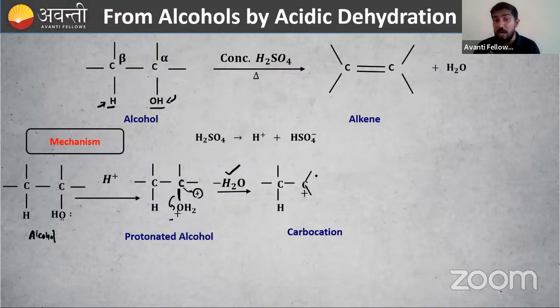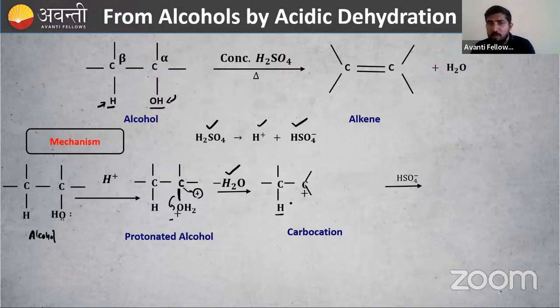We know the stability of carbocation. Already we have studied. Then what are the things remaining? There is a carbon with positive charge. Then this carbon has a hydrogen present here. So what we have to do with this hydrogen? So let us check it out. This H2SO4, it has given one H plus and HSO4 minus. H plus, it went with our OH. Now HSO4 minus, that is alone. He needs a partner. So HSO4 minus is coming and he is asking this hydrogen to come with him.